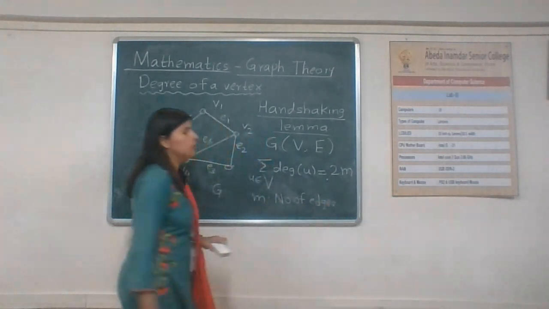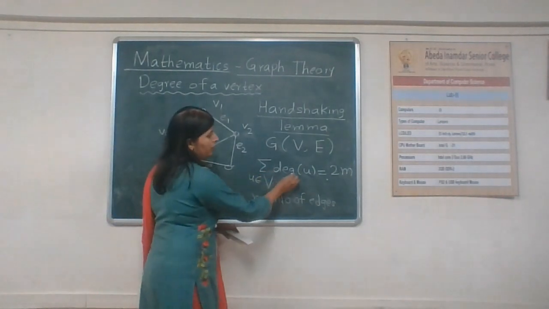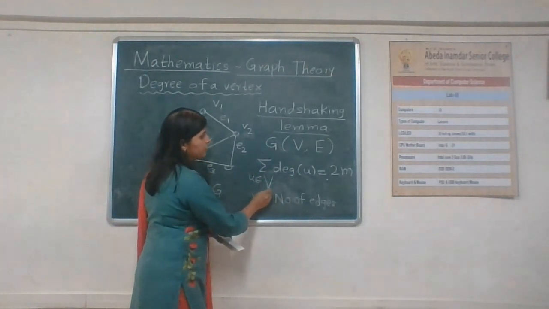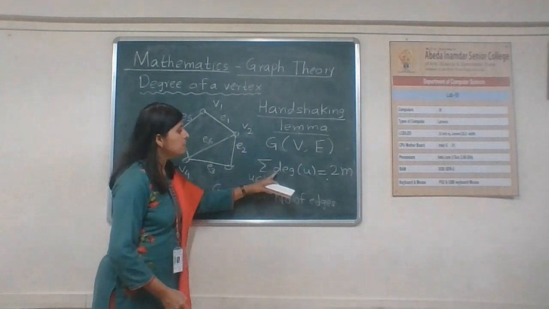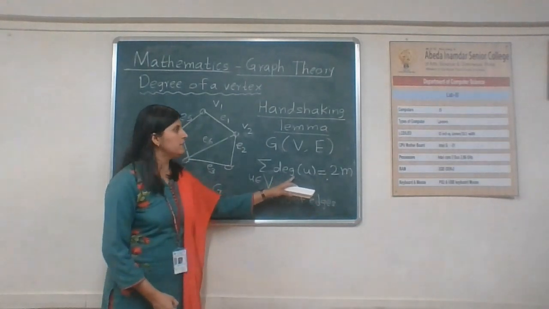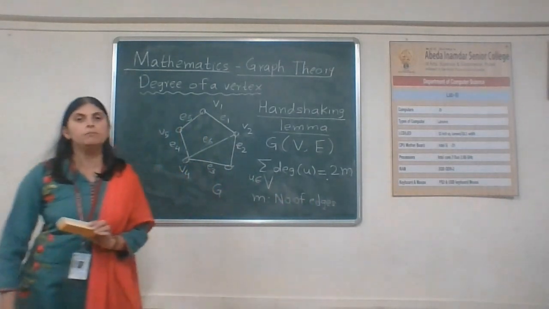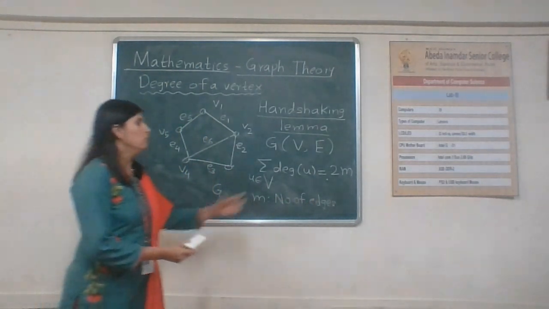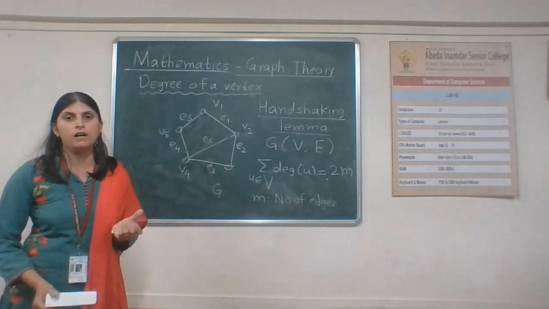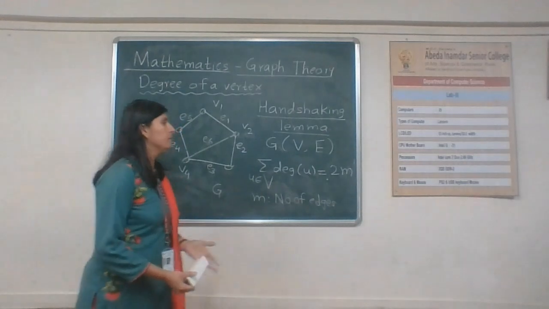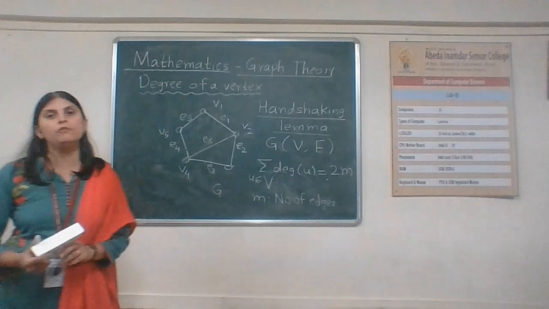Now see what is the statement of the handshaking lemma. In any undirected graph G = (V, E), summation degree of u, where u is taken from the vertex set, is equal to 2m. Now what does it mean? The left hand side is nothing but the sum of degrees of all the vertices in that graph, and it is always equal to 2 multiplied by the total number of edges in that graph. The left hand side has one specific name, called the total degree of the graph. So, the statement can be written as: total degree of the graph is 2 times the number of edges in the graph.